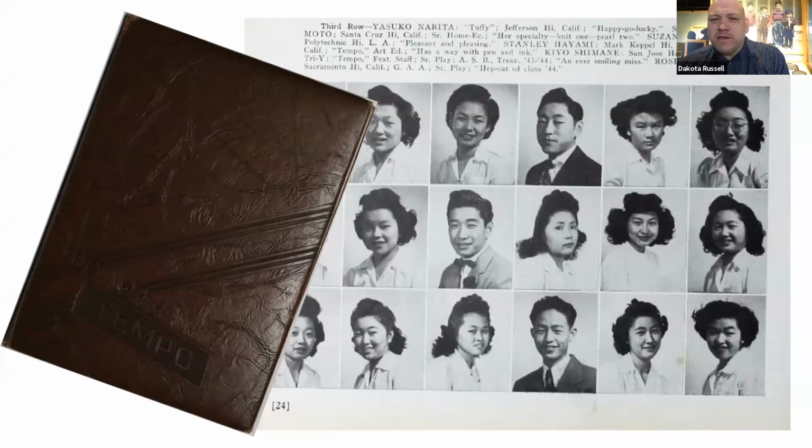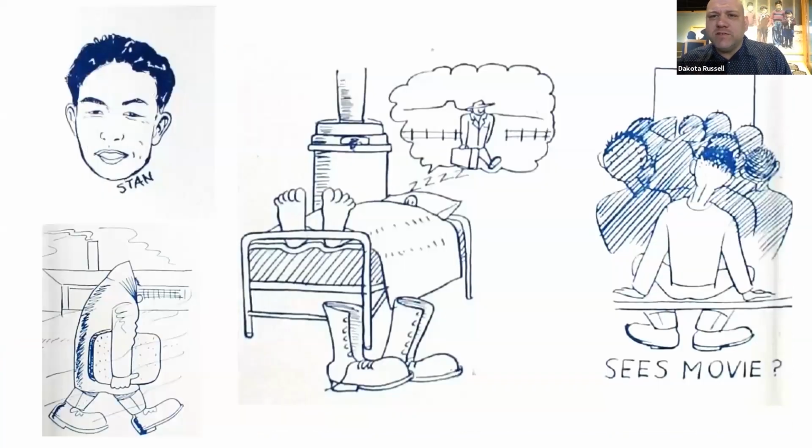And so he works on the yearbook here, tries to go to high school. He worries a lot about his grades, though. For all of the kids that were going through this, you can imagine how hard it was to try and keep track of your studies and your math and your history and your chemistry while all of this is going on around you. But they do find ways to express themselves here. And art for Stanley was a big way to sort of work on some of the emotions that he was feeling as he was stuck here.